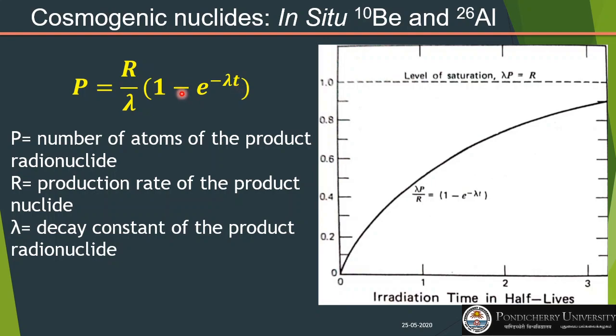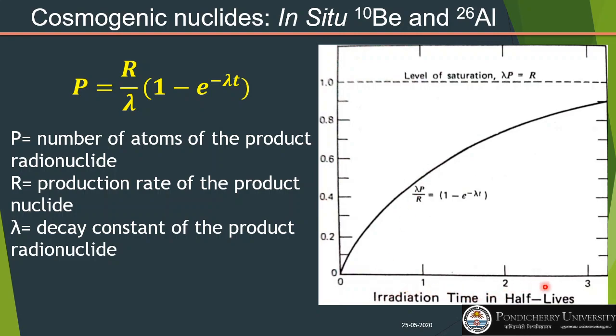So if you look at this equation, you would see that as time t becomes very large, the exponential term becomes very small. This would be a kind of secular equilibrium. The decay rate and the production rate would be in equilibrium. So the concentration or the activity of the cosmogenic nuclide would be actually controlled by the rate of production of that nuclide. That is called the saturation level, and that is what is shown in this diagram. This is how the concentration or the activity of cosmogenic nuclide builds up with time.